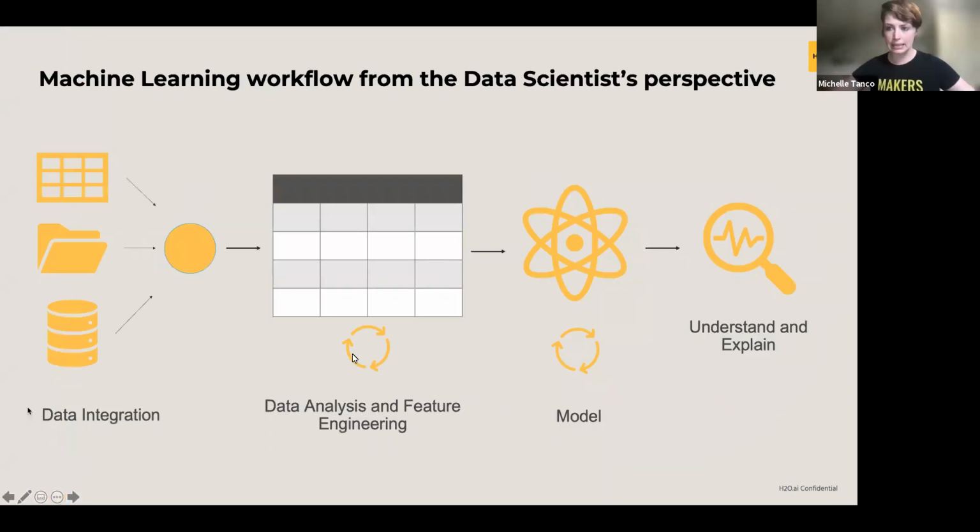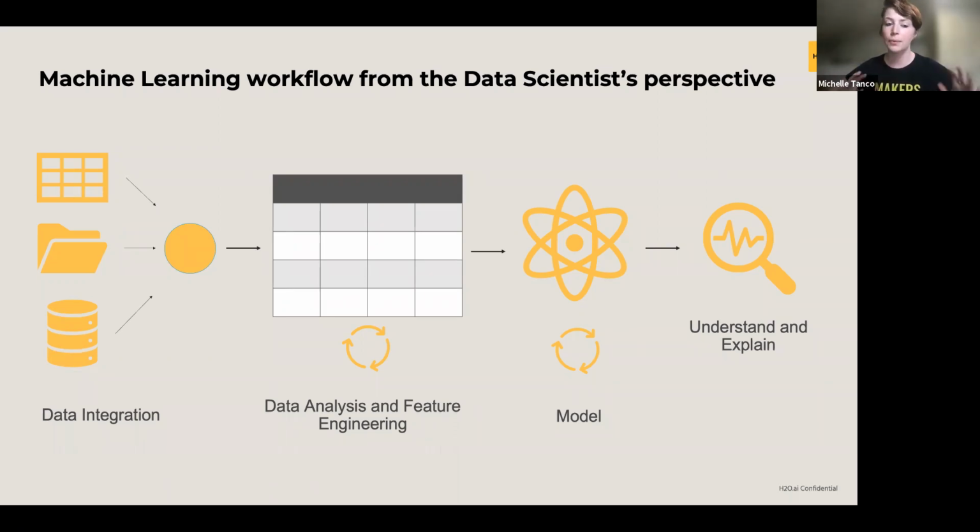So for the data scientists, there's a typical workflow that often happens for basically any machine learning problem. After understanding what your use case is, the first piece is data integration. What pieces of data, what types of information do we want to bring together? For lead scoring, we'll talk about this in more detail, but this would be information about your customers, things like what company they're from, the size of the company, what role they have. You might also want behavioral information like how often they visit your website or what types of pages